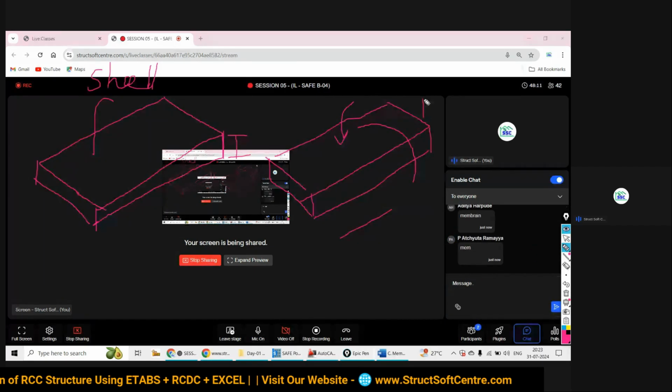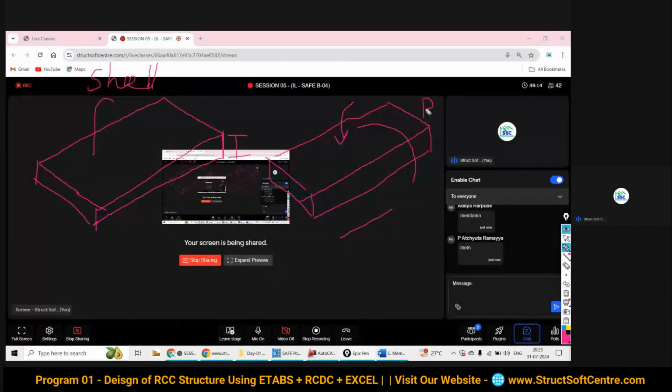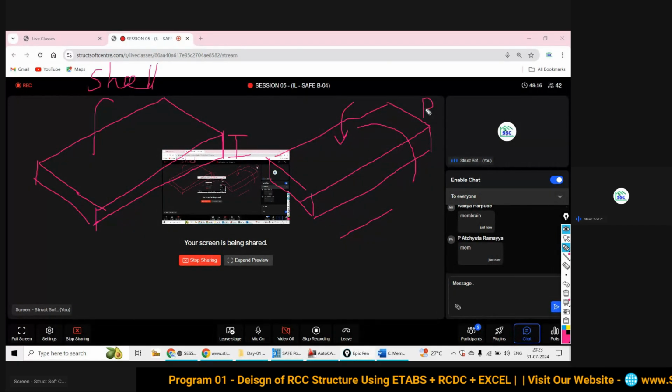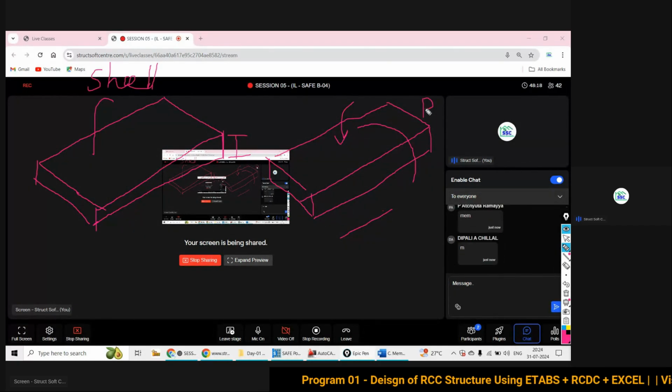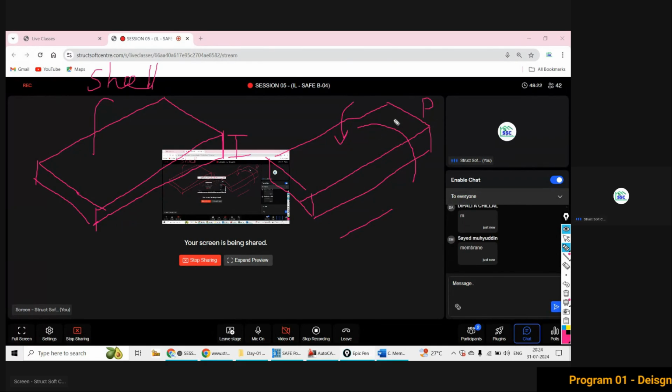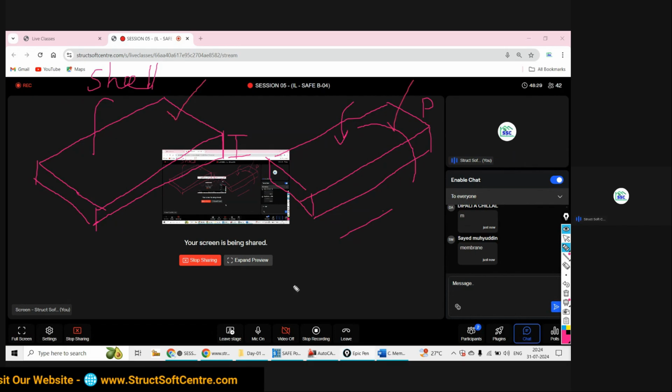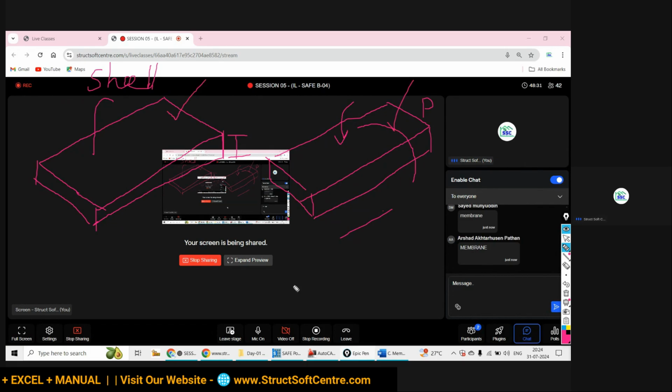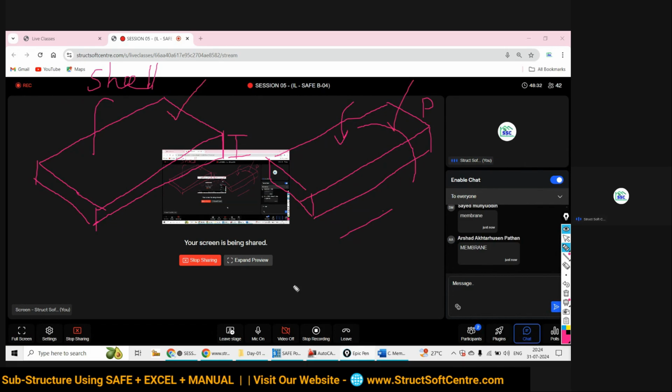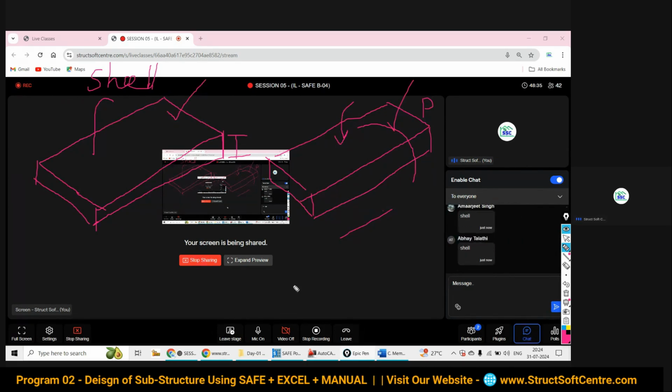You might have studied in your academic time in geotechnical engineering, rigid foundation and flexible foundation. So rigid foundation will be shown by what? Membrane element. And flexible foundation is going to be shown by what? Yes, shell element.